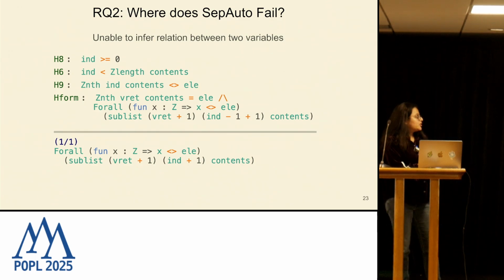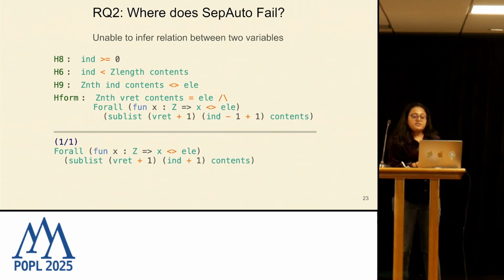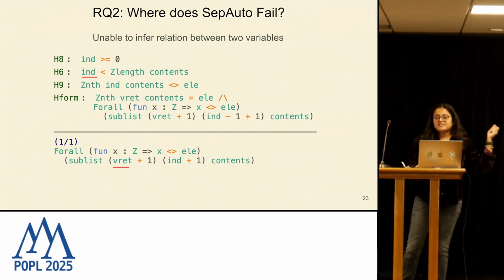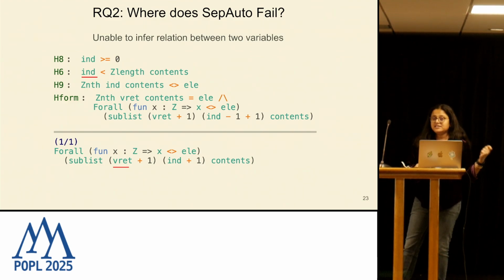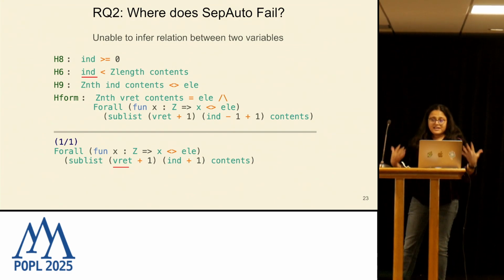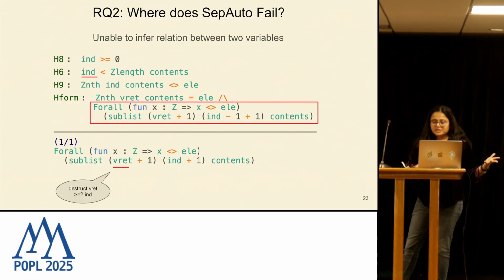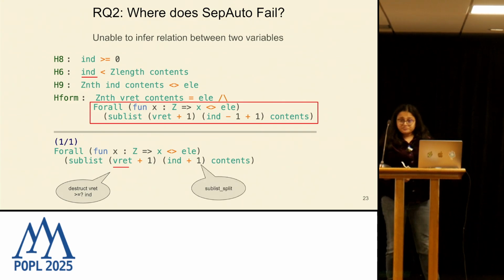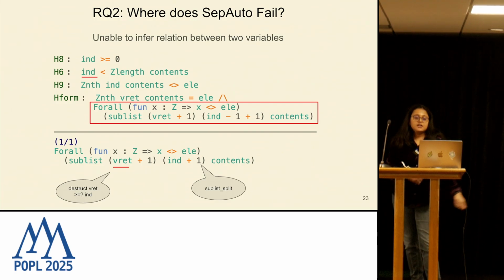Now, I would like to walk through some of the cases where SEP-Auto may fail. So this is one case where it fails. Basically, there are two indices, IND and VRET. It fails to infer the relation between IND and VRET, and we need to destruct it with the appropriate inequality. Since it fails to realize this, it gives up, and then the user destructs it. We have multiple subgoals, which is then automated by SEP-Auto using the hint lemma sublist split by taking into account